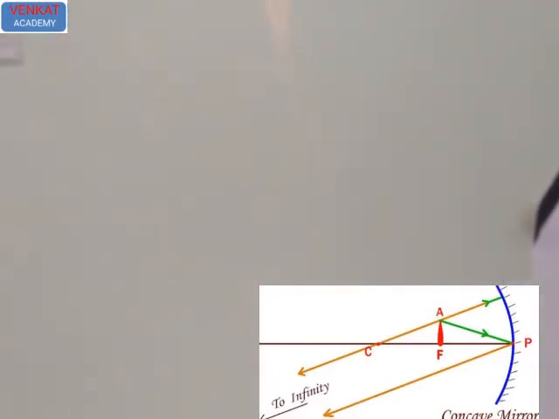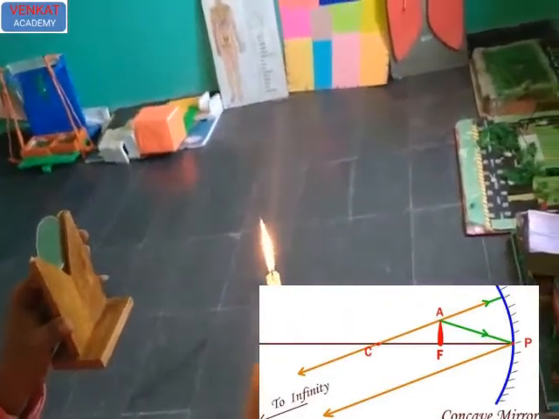See, this is the object. What about the candle and the image? So this is the candle. The candle is exactly on focus. This is the concave mirror. I think you observe the image is exactly at infinity. It is the infinity condition. That's why it is not caught on the screen. It is a very long distance. The image forms at a very long distance. That's why I am showing that on the wall only.